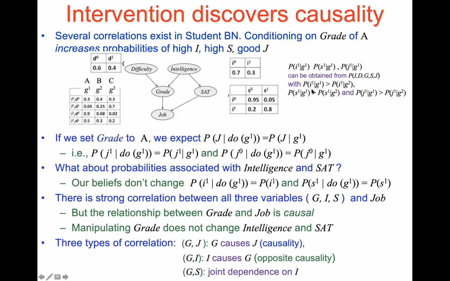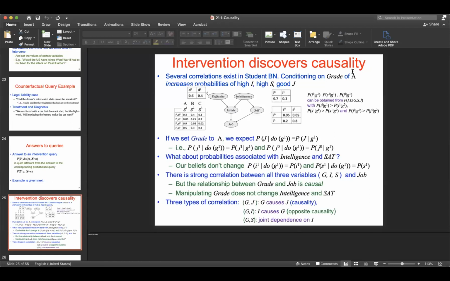All of these can be obtained from the joint probability distribution, with I1 given G1 greater than I1 given G2. So the probability of high intelligence is higher if the grade is A rather than a B. Similarly, if the grade is an A, the SAT score S1 has a higher probability with a better grade, and so on. Similarly for job, if we set grade to A, we expect,